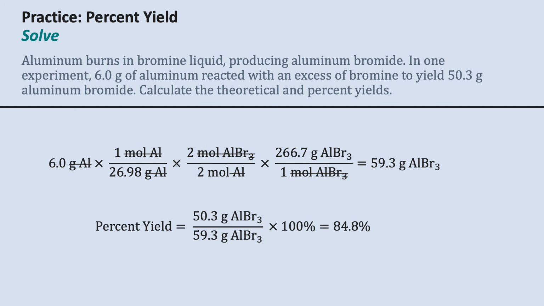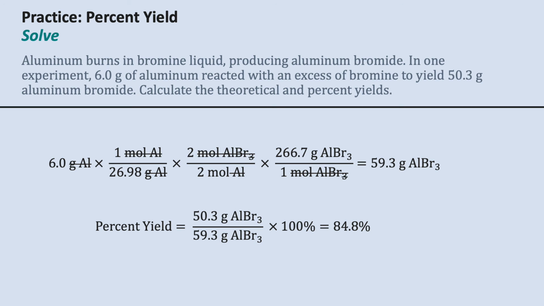So 6 grams of aluminum, the molar mass is 26.98 grams per mole. For my balanced reaction, I get 2 moles of aluminum bromide for every 2 moles of aluminum that I use. Then the molar mass of aluminum bromide is 266.7 grams per mole. So this would give me a theoretical yield of 59.3 grams of aluminum bromide. So my percent yield is 50.3 grams divided by 59.3 grams times 100, which is a percent yield of 84.8%,